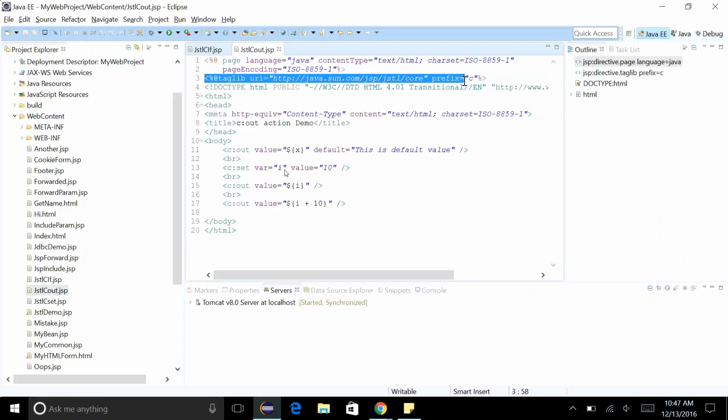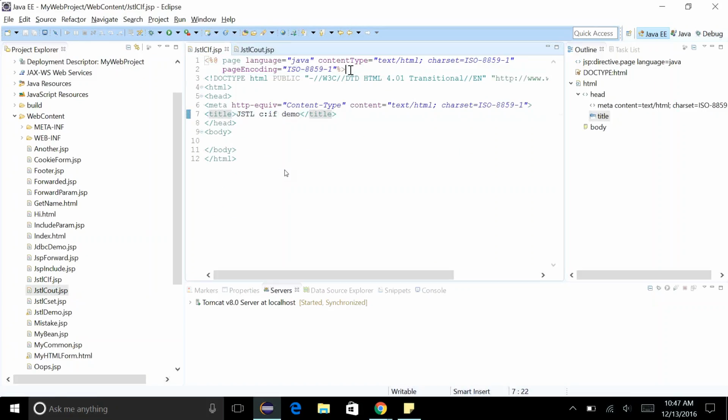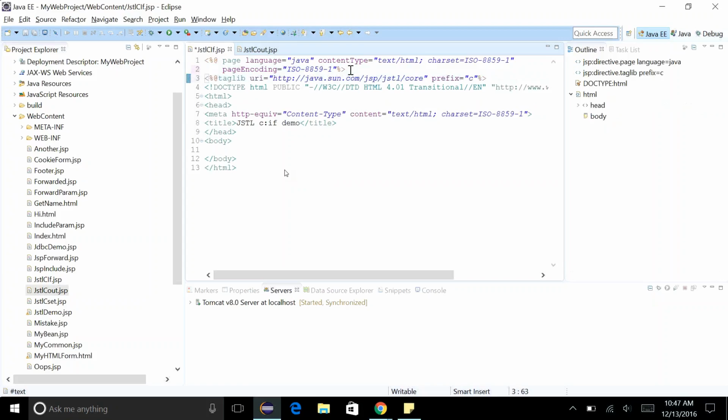Copy the tag lib directive and paste it at line number 3. Right, perfect. Now here let's declare one object which you can call it as the,